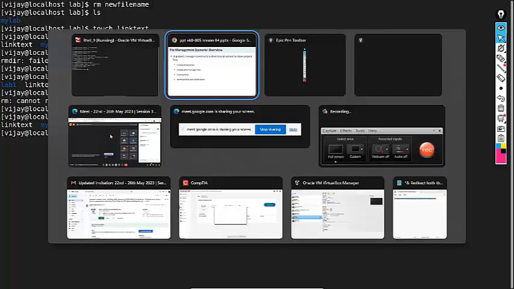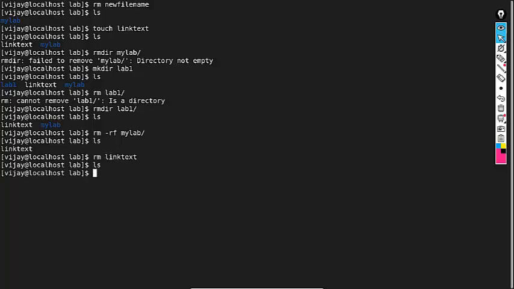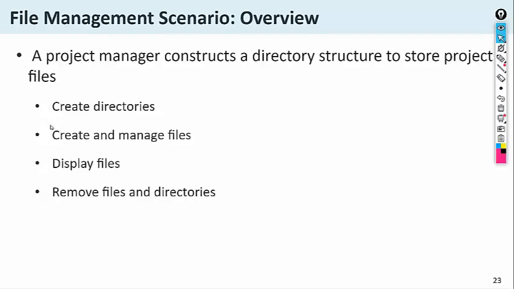How can you delete? By using the rm -rf command. Then you can give the name of the directory. It will remove the directory and its content as well. So there is nothing there. Okay. So display the file with the cat command, remove the file and directory, create and manage files, create